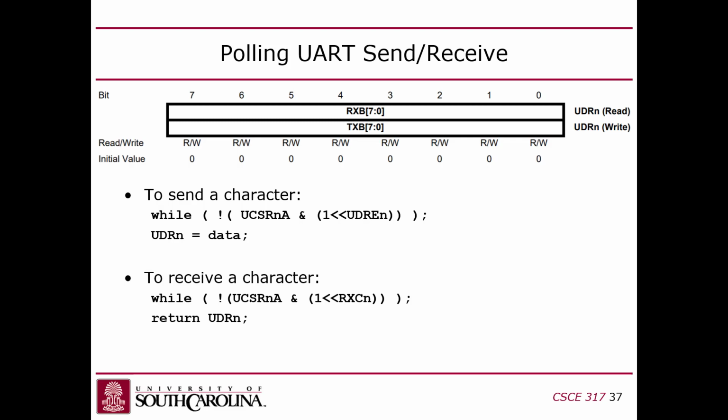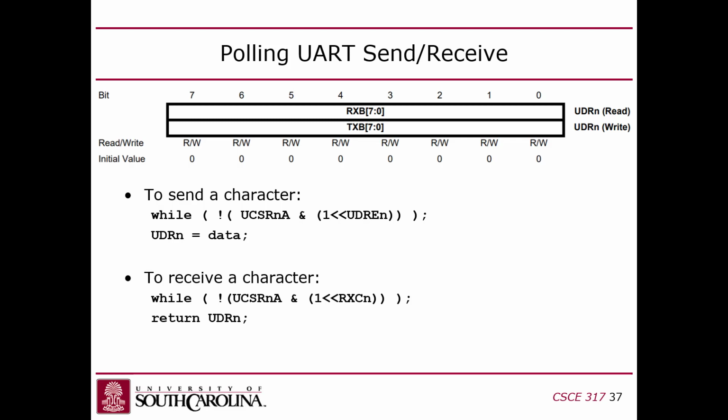So in this case, data is not a string, it's 1 character. And you just set it to UDRN, and that'll send it across the link, or that'll stage it to send across the link. It won't send immediately, of course, because it has to serialize it. And then if you want to receive a character, it's the same sort of thing. You can do it with a busy while loop, where you wait for the receive bit to be set, and then once it is, you just return UDRN,